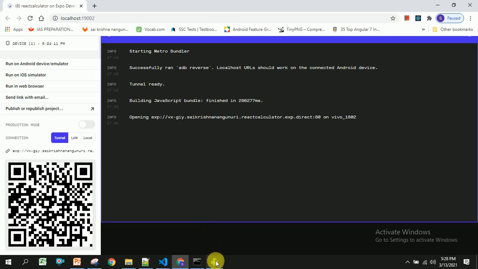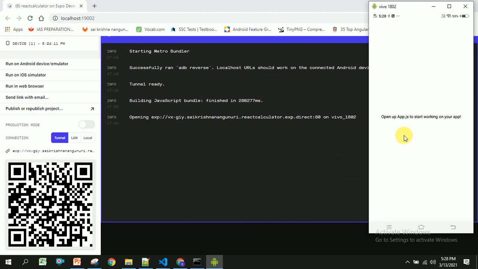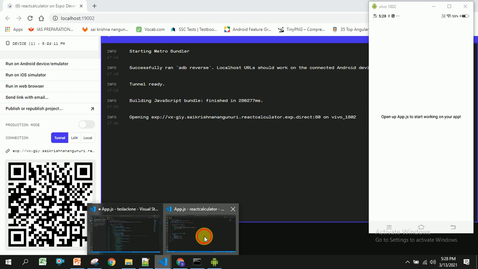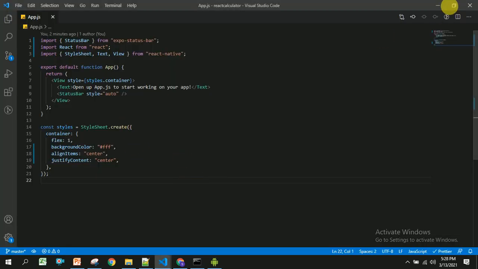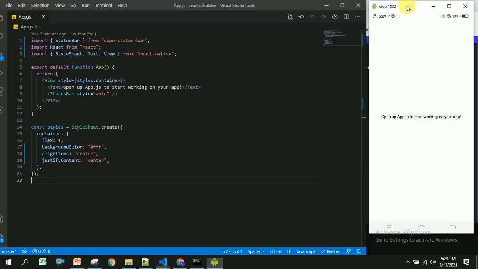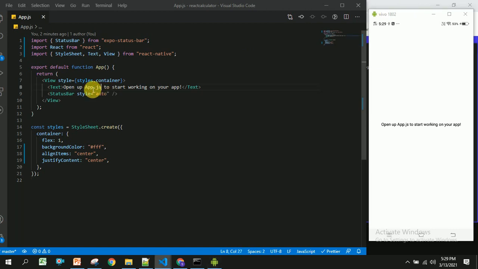I'm going to show the code and everything in the emulator setup I have done. Once I remove this and save, you will be able to see it getting updated.